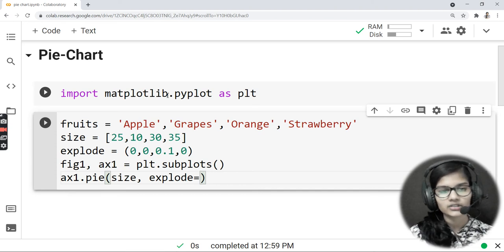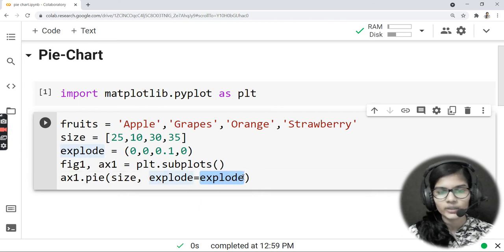So for that we had stored that in the same variable which is explode. So here explode is equal to explode. Now do not worry that this is one of my parameters, and this is the other variable which I am passing on to this parameter. Make sure to remember this thing. I am again repeating, this is the parameter and this is the variable in which I have stored the value for this parameter. These both are not actually the same.